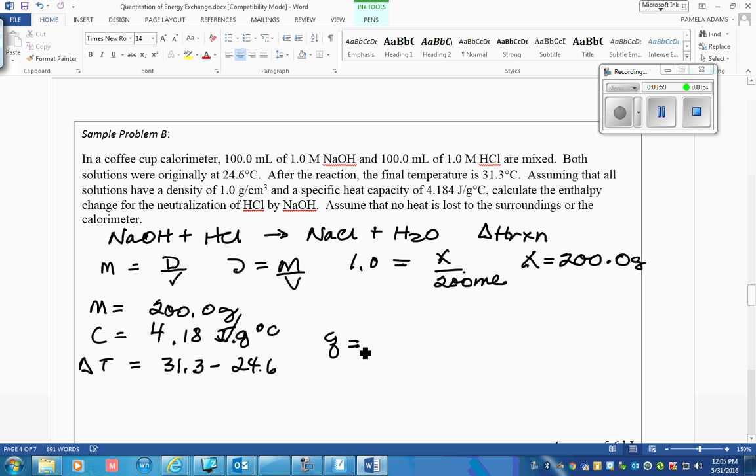That will give us our heat of reaction. Remember, when there's no pressure change, the heat of reaction is equal to q. So the heat of reaction is 56.05